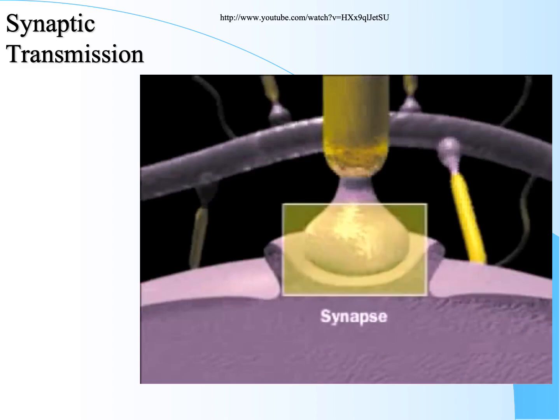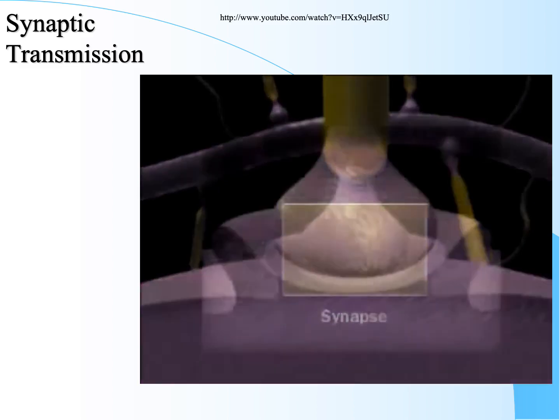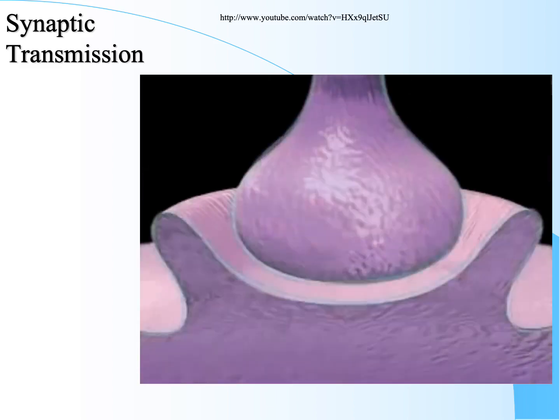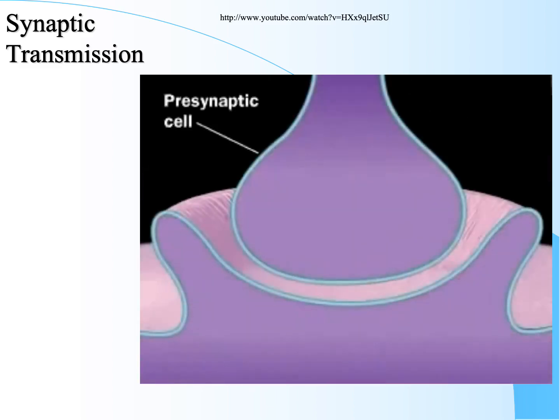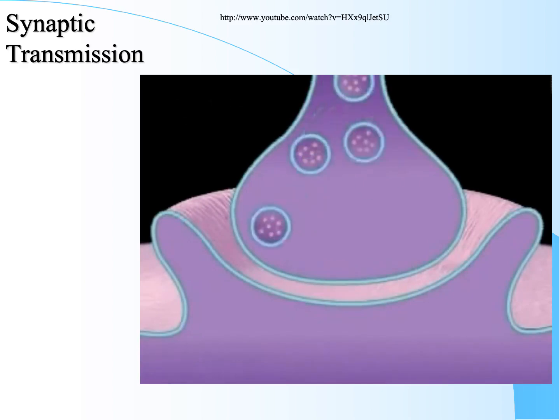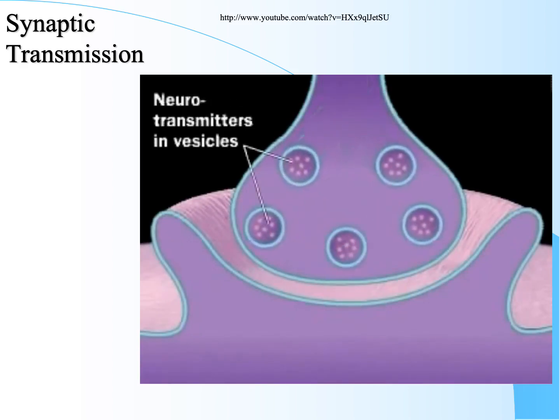At a chemical synapse, a neurotransmitter molecule, such as acetylcholine, communicates a signal from one neuron, the presynaptic cell, to another, the postsynaptic cell. Neurotransmitter molecules are stored in vesicles in the